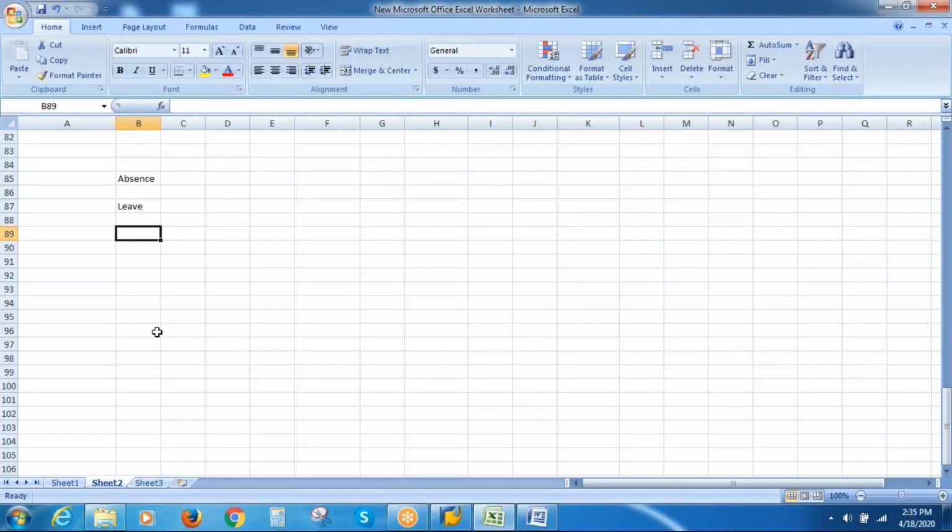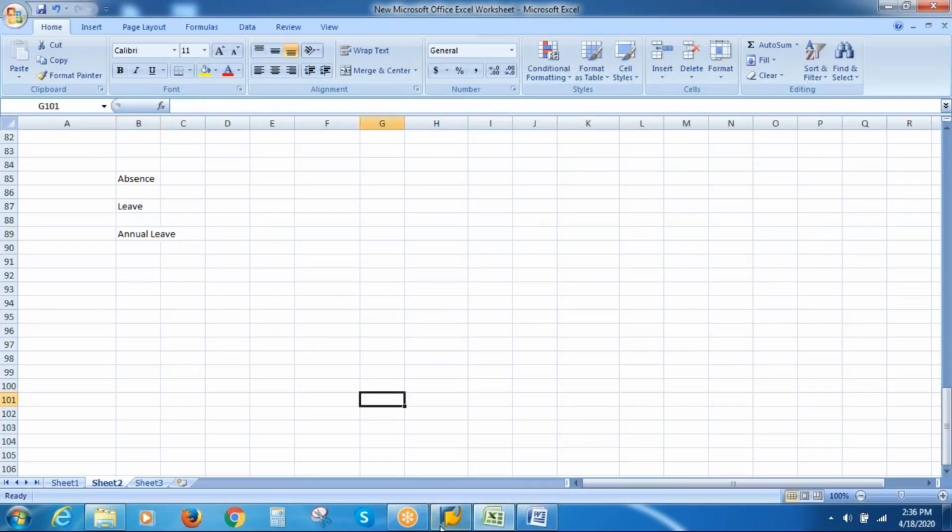Now leaves, as we discussed, there will be varieties of leaves. It may be paid leave, unpaid leave, sick leave, annual leave, short-term disability leave, long-term disability leave, etc. All these varieties of leaves are actually called absences in SAP. So let us configure something called annual leave, which is called an absence type in SAP.